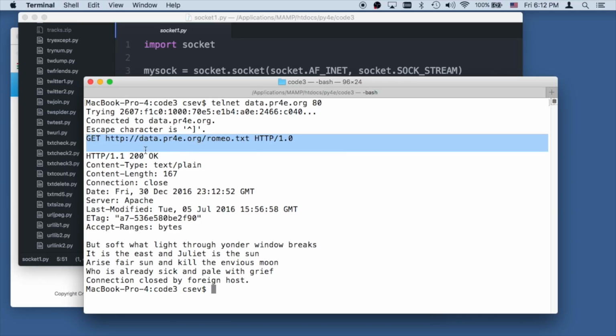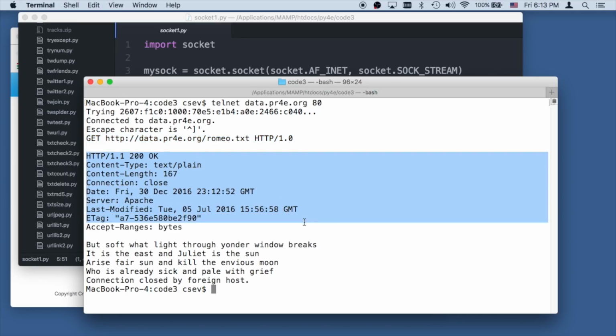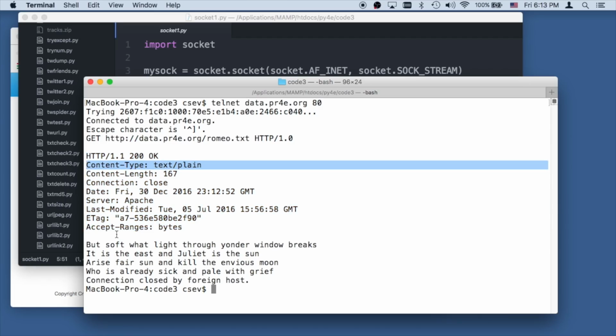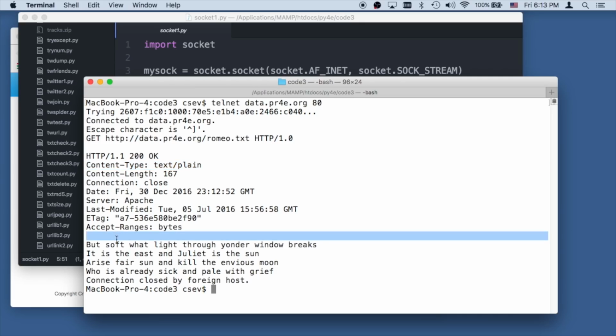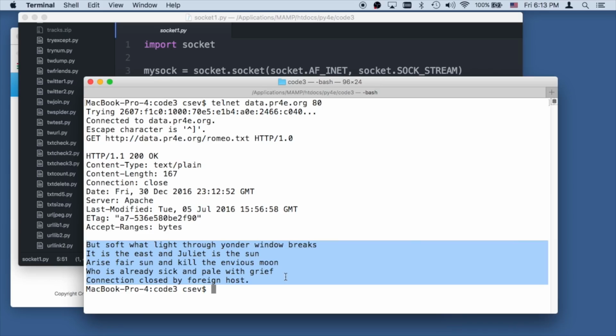What I typed there was the HTTP protocol, and the web server responds with some metadata about the document. How much data there is, the kind of data there is. A blank line separates the header information from the body of the document. If I was to go to this in a browser, right there, you would see,